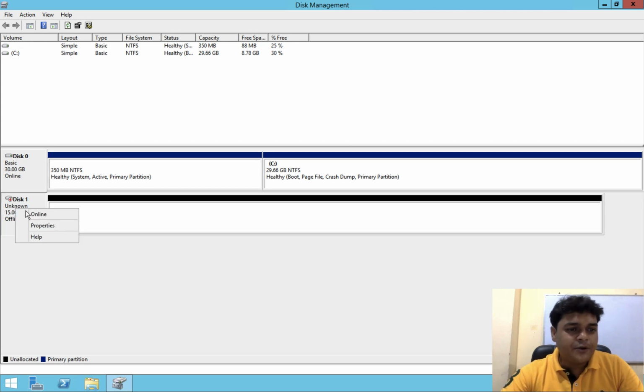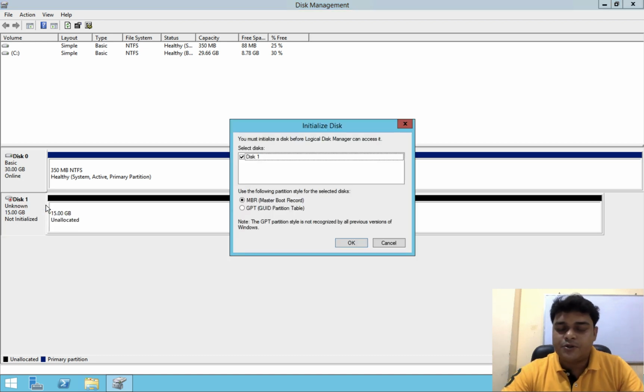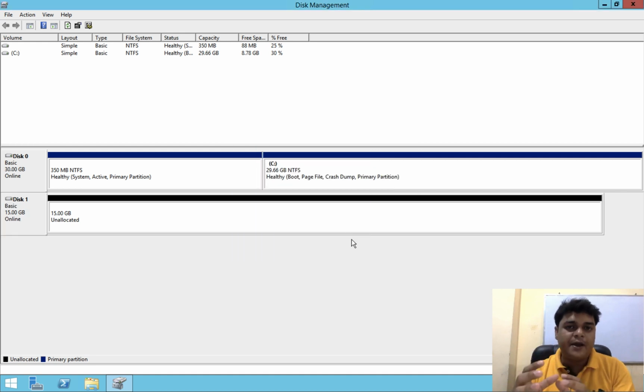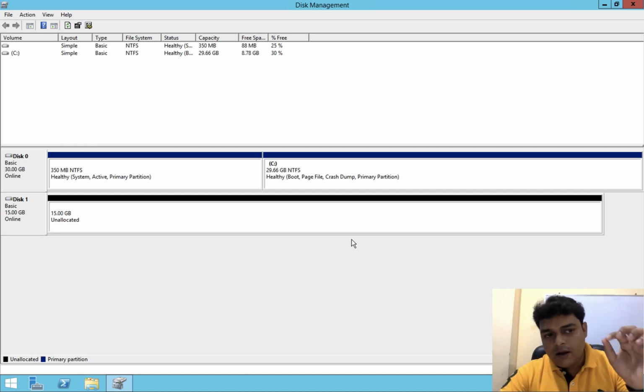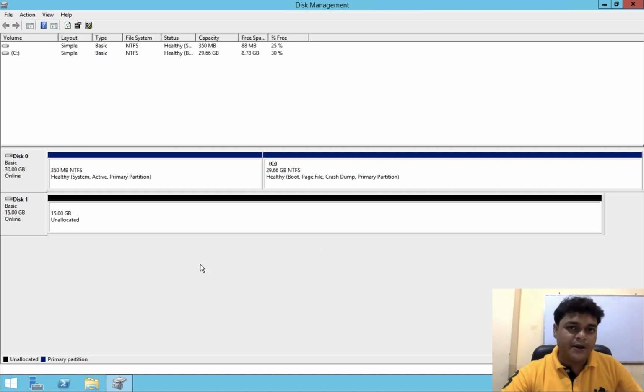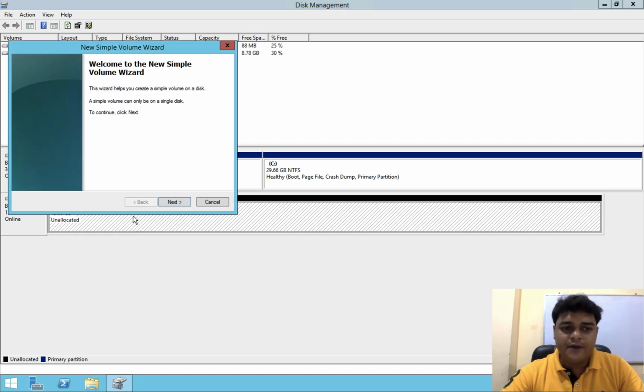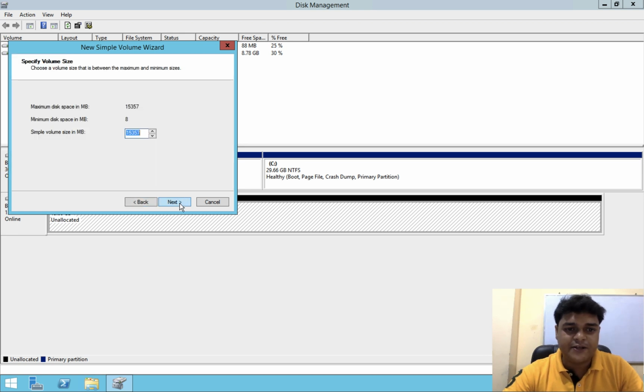So guys, talking about the theoretical part of a snapshot, I hope all of you know we are using the snapshot service to take a backup of our data. You can create a snapshot for your operating system disk, or you can also take a snapshot of your data disk. Right now I'm going to create a data disk and put some data in our extra disk that we connected.